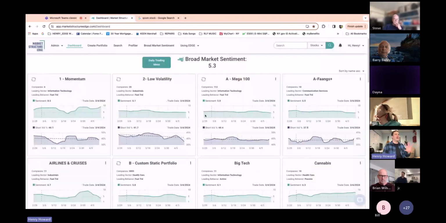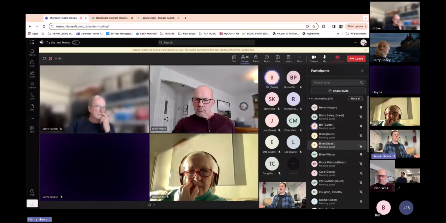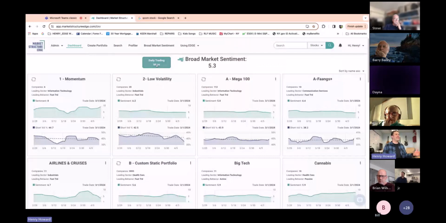But sometimes big bets that we can't see take place during earnings. Again, those tend to be landmines in my trading rhythm more than they are opportunities to make earnings. I'm looking for the wash, rinse, repeat, 1%, 2%. So with that, we mentioned the broad market sentiment and the context, and now I'm going to mute a couple of people and get into the daily trading ideas.